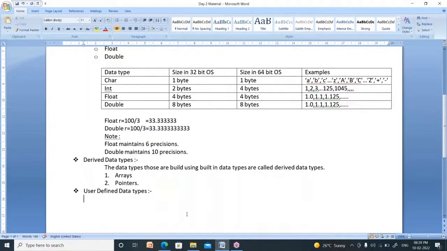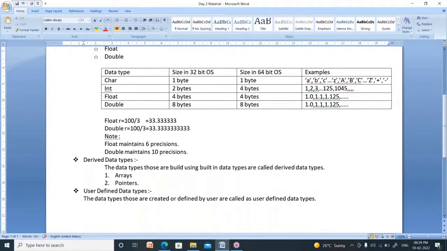If your name is Sita, you can define a new data type like Sita. The data types created or defined by the user are called user defined data types.